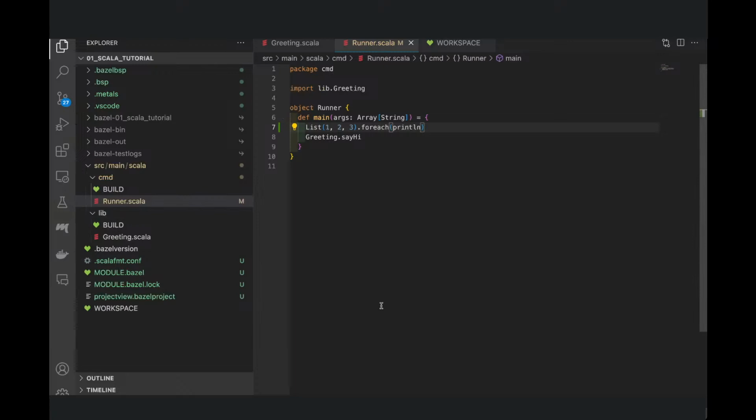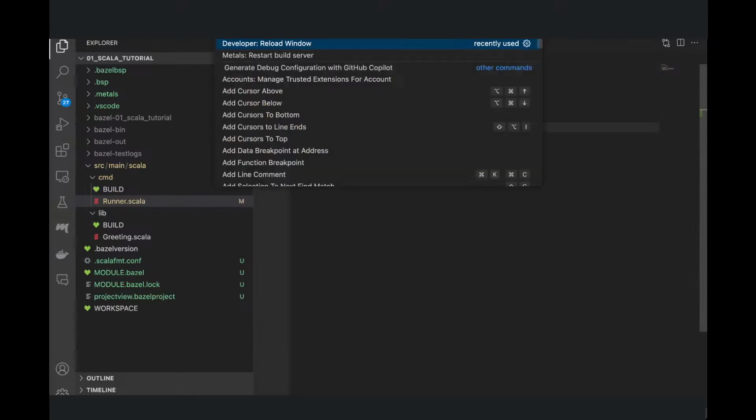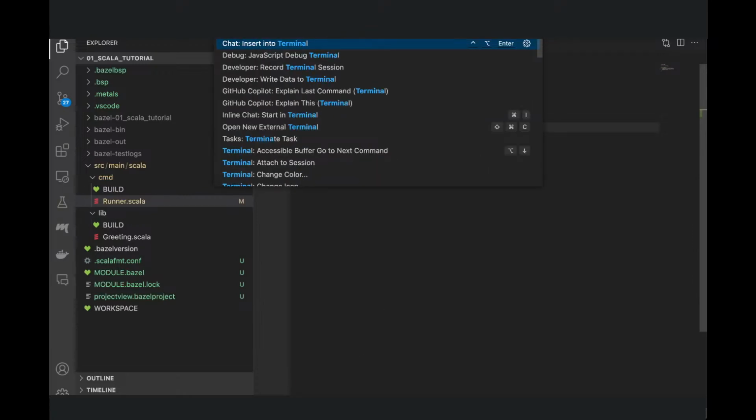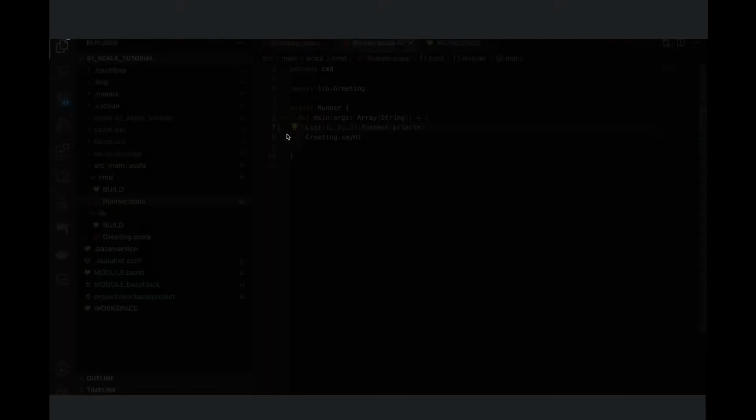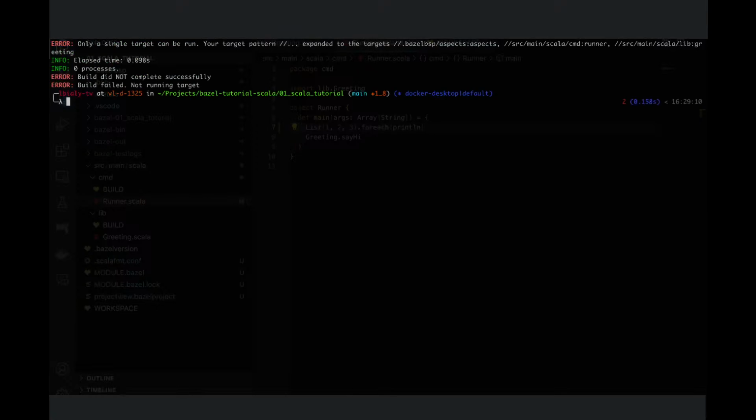There should be a terminal somewhere here. No, let's maybe just do this. So you said it's Bazel, right? And then, am I doing this right? Bazel run. Is this possible? Oh no, can't do that.